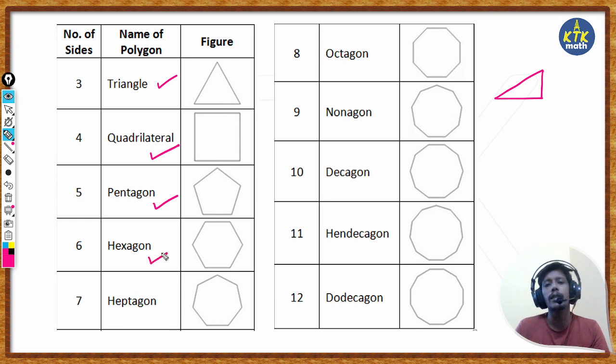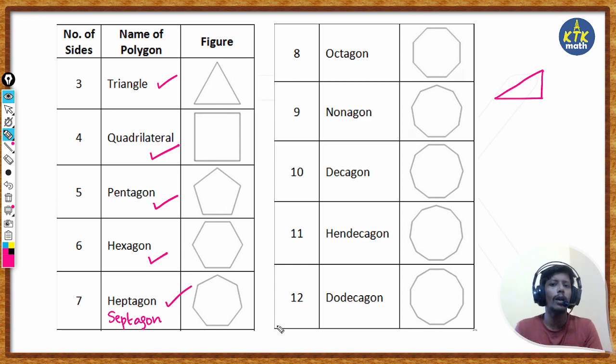6-sided means it is called a hexagon. 7 means heptagon. For this 7, some texts will use septagon also. It is based on a few curriculums, like a few CBSE and IB curriculums, that call it heptagon and septagon. So you don't have to be confused anywhere; both are defined as 7-sided shapes. And then you have octagon, which is 8-sided, nonagon 9-sided, decagon 10, hendecagon 11 and dodecagon 12. You must know the names of at least 12-sided shapes, because some questions